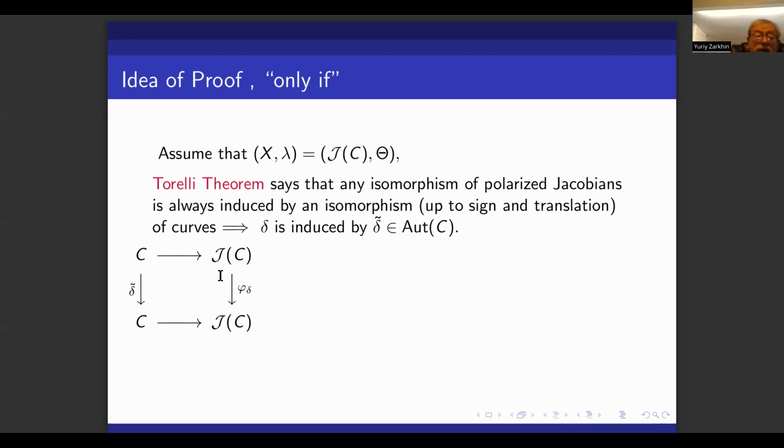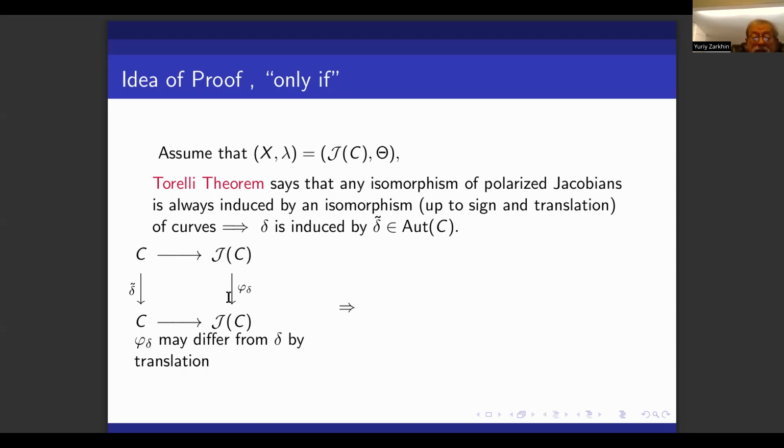Here I am supposed to have delta, but actually I'm writing phi of delta, because phi of delta may differ from delta by translation. And here I have some automorphism delta tilde of C. And again, phi of delta is almost delta, but